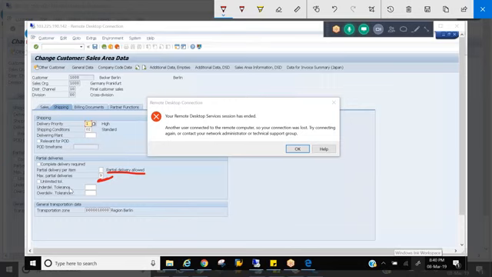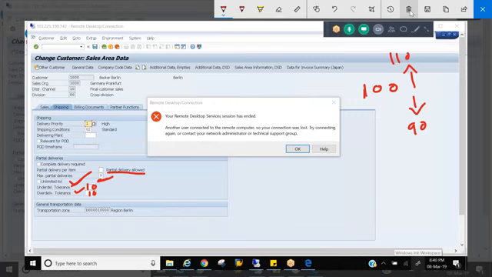And the next is tolerance. Tolerance means deviation. So what deviation can you take when it comes to the delivery? Let's say the customer asked for 100 quantity. To the higher side, how much deviation can you take, and to the lower side, how much deviation can you take? Let's say I put 10% here. So on the higher side, I can deliver up to 110 quantity, and on the lower side, I can deliver up to 90 quantity. The system will not allow anything less than this or higher than that. So what deviation you should take whenever you're ordering, right? So that is tolerance.